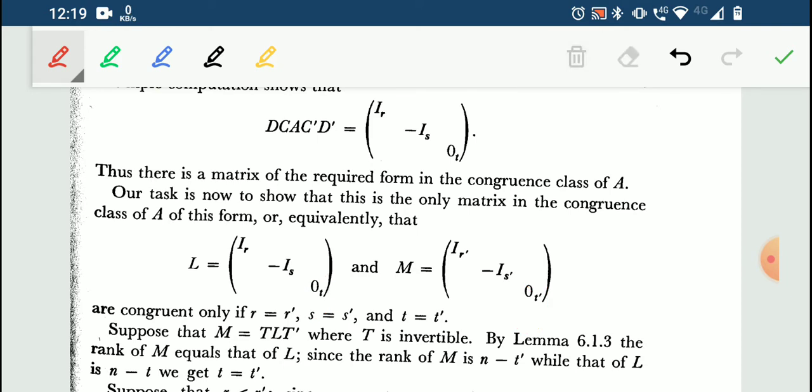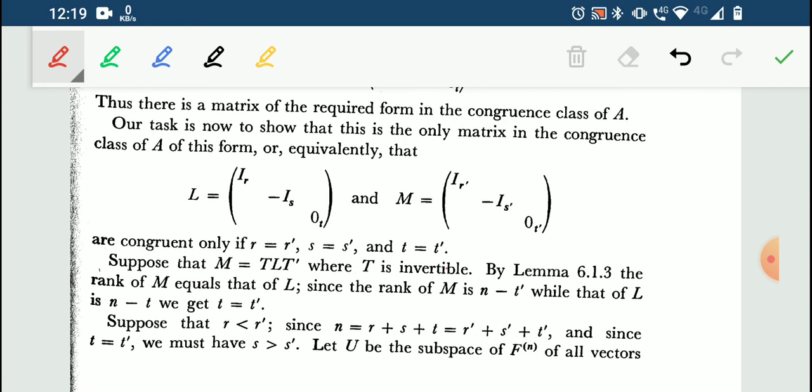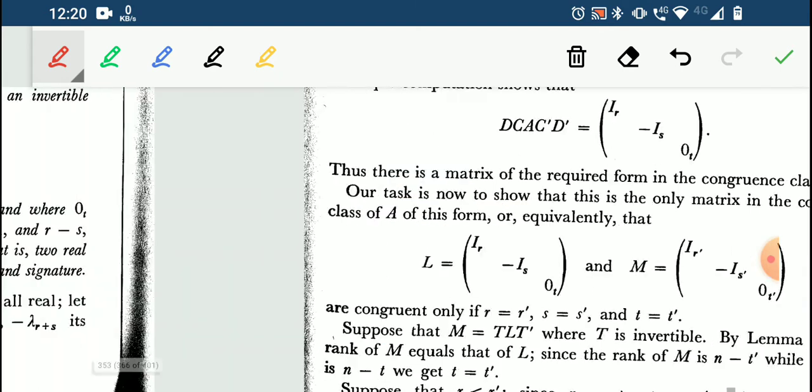So actually what we have to prove is that R and R dash are the same, S and S dash are the same, T and T dash are the same. But suppose it is not true, then we'll go with that. Suppose that M is equal to TLT dash. That is to say, these two matrices are congruent, or they belong to the same congruence class. It will be true because